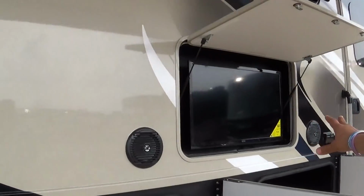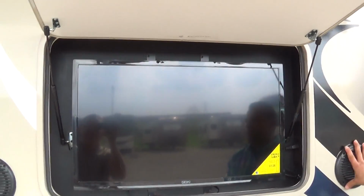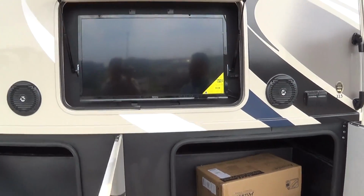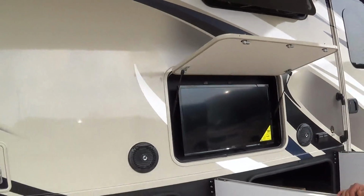Don't want to pass up the outside entertainment. It's a 32-inch exterior TV. Okay, you're going to have a larger TV than the competition, as well as speakers. Okay, these speakers here you can play well, anything you want. You can actually play music off your Bluetooth. Okay, so from your phone. That's a big deal there. But